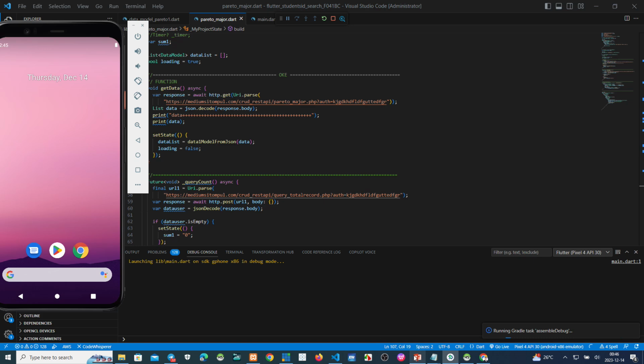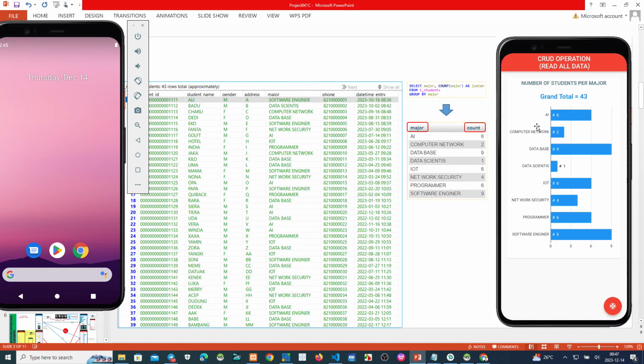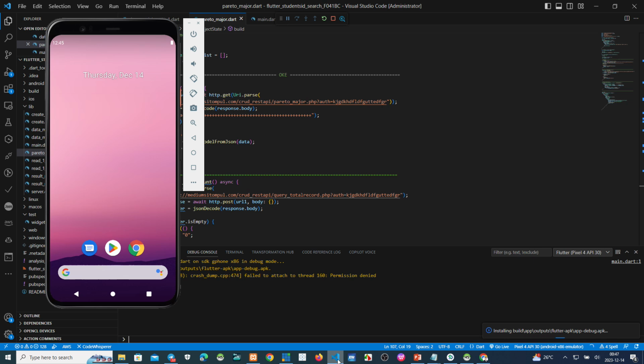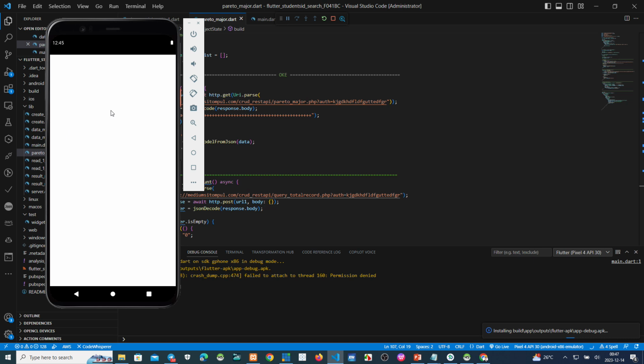And then the fields we use to construct this Pareto chart to make a result on this virtual device. Okay, moment please, maybe this process takes 1 minute. After this process finishes, we can see the result here.